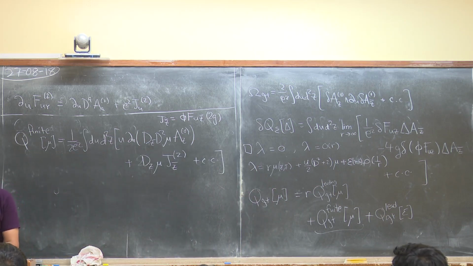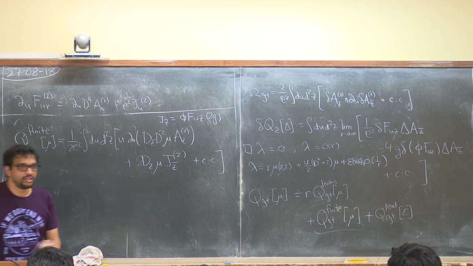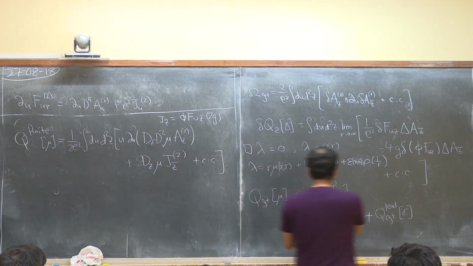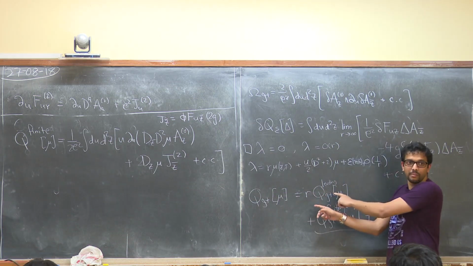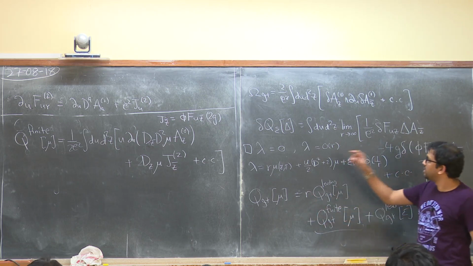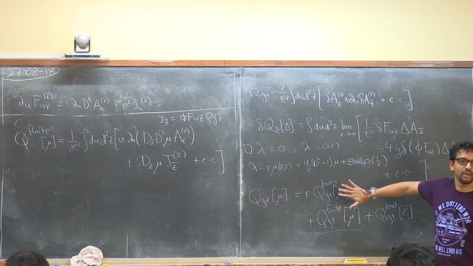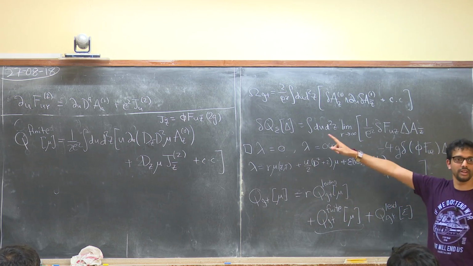Good. You'll have to explain why the leading term is also R. So he said that the leading term was proportional to the leading soft theorem. So this divergent piece, the coefficient of that happens to be. Oh, you didn't have to show that in the chart. Okay, got it. I'm not claiming the charge is finite, but the Ward identity is finite. Got it.